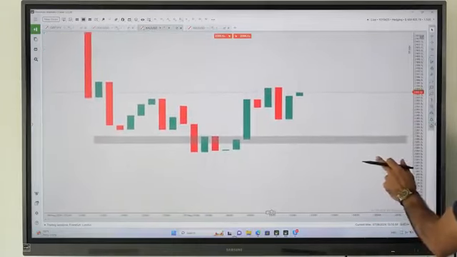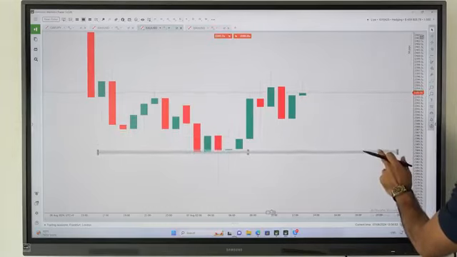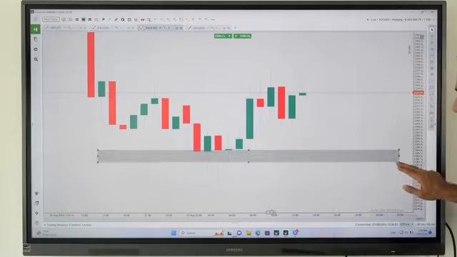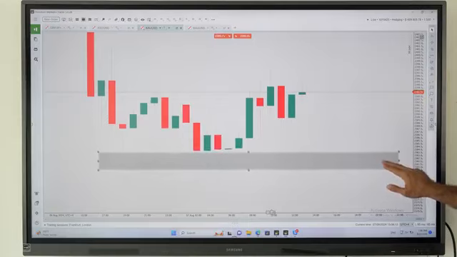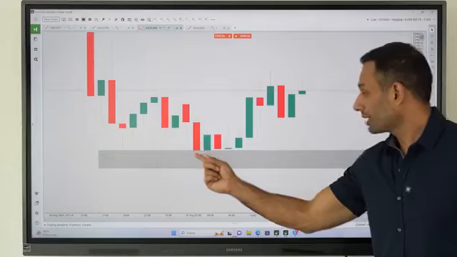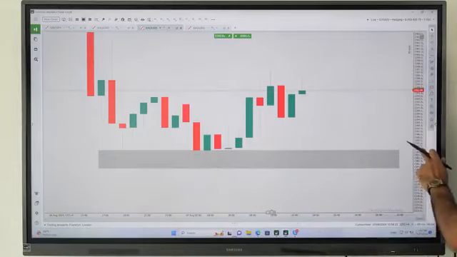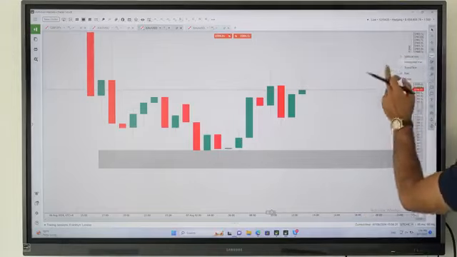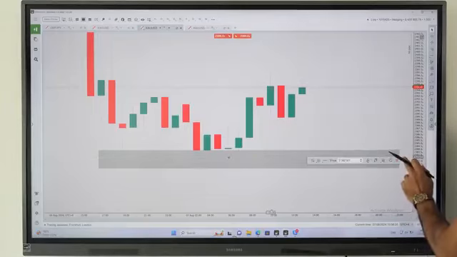One thing I have to stress here is that now we have to adjust the zone right here. One thing that people ask me all the time is, shouldn't this zone be thicker like this? And the answer is no. The reason is that you have to look to see where the candles are closing. If you see that the candles are closing around 2384, then that is the point where you want the next candle to close. So let's say we put a line right over here, and let me adjust the settings on this